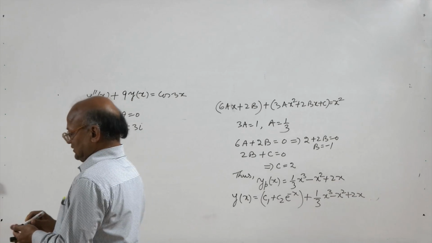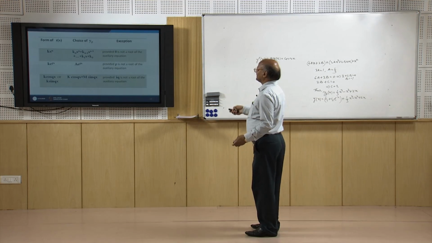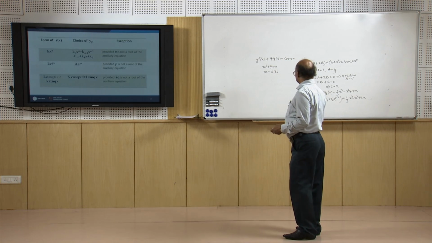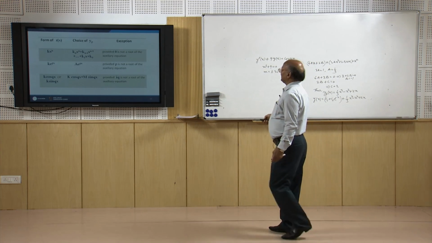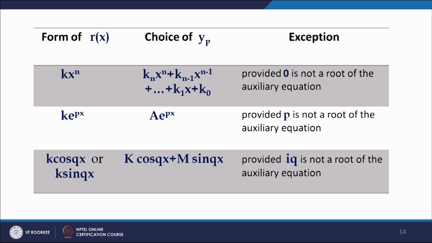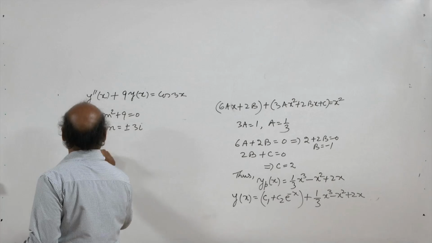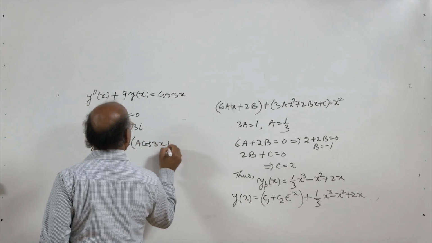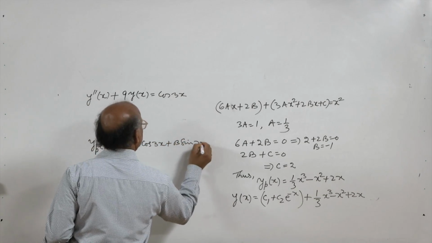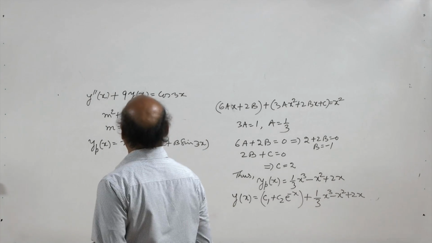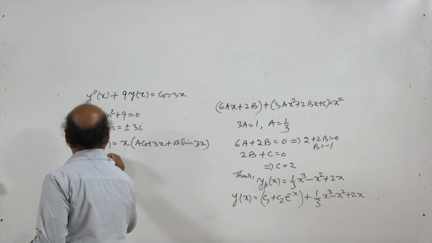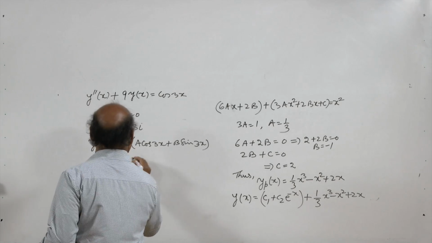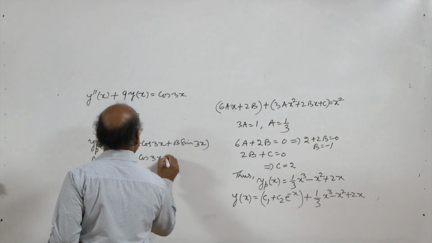Now this is an exceptional case because R(x) here is cos 3x, and we see that 3i is a root of the auxiliary equation. So 3i occurs once here, therefore yp(x) will be assumed as x times a cos 3x plus b sin 3x. So if you assume yp(x) to be equal to this, then yp dash x will be equal to a cos 3x plus b sin 3x